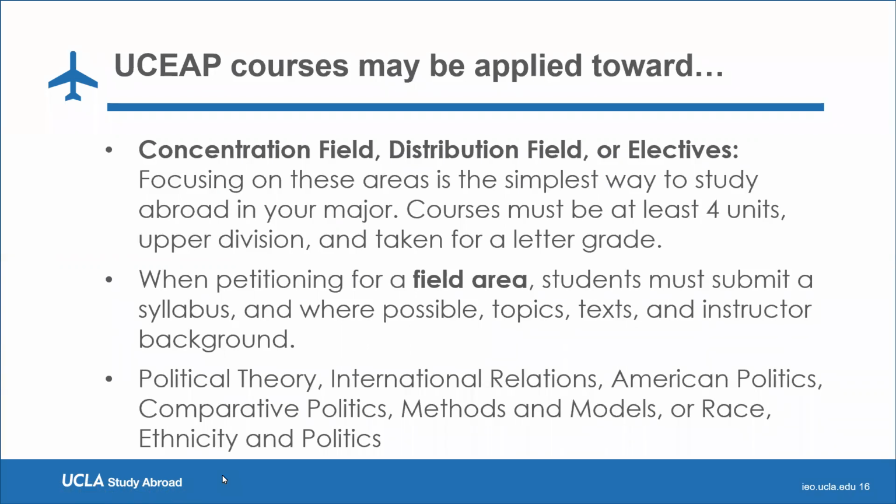And you're saying, well, I'm not in the course yet. How am I supposed to have a syllabus? What a lot of students do is they actually get pre-approval from me, meaning they try to get the syllabus from the professor or somehow just get it to me before they even attend the course to find out if they go and take the course, if they'll be getting credit for it. Of course, like he mentioned earlier, you will get units for it for your overall degree. But when it comes down to actually fitting into your political science requirements, you would have to submit a petition. It doesn't automatically jump in, even if it's a poli-sci course.